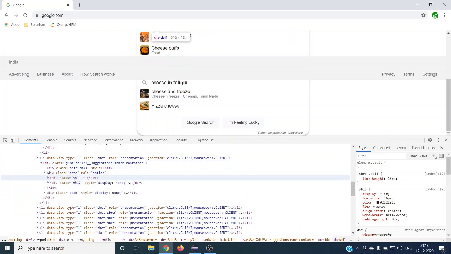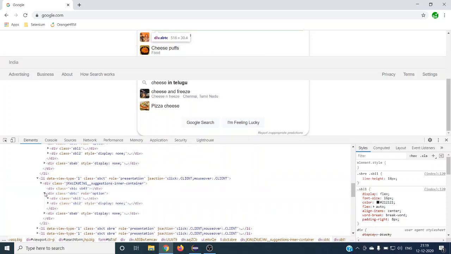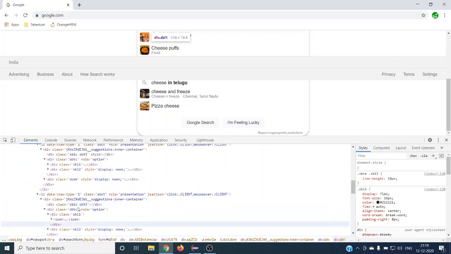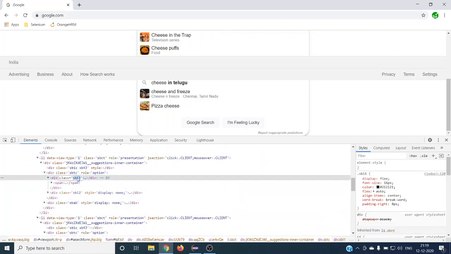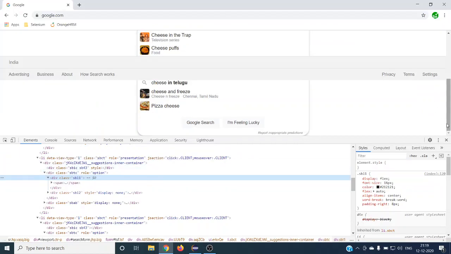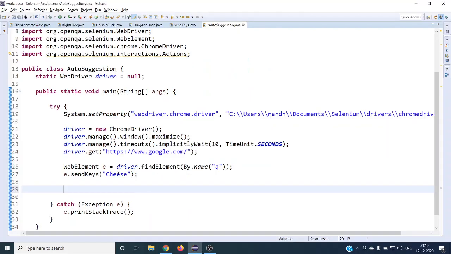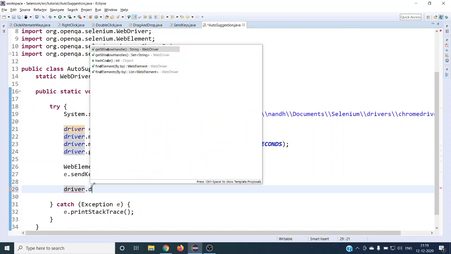As you can see here, it has SBL1 and SBL2, and the same SBL1 and SBL2 appear for all the web elements. So we are going to take SBL1 as a class name and find the elements using it. What we have to do is get all the elements present in the auto suggestion, then we can loop through and select the particular value that we want. For that, we have to use driver dot